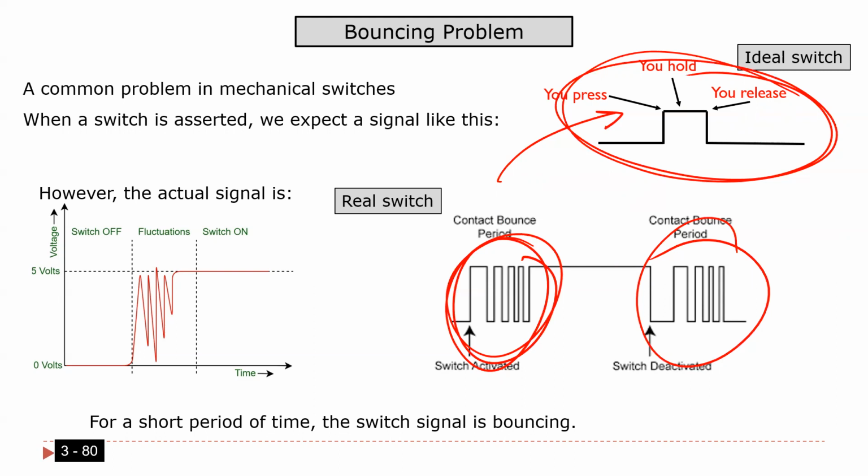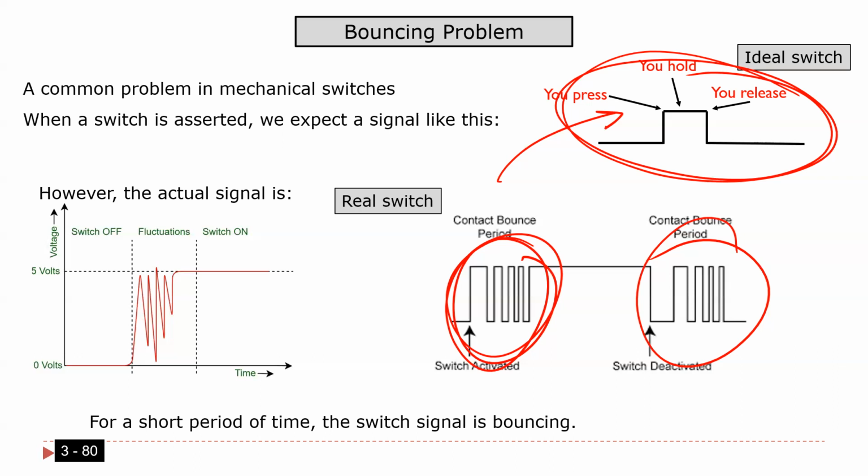Why? Because the switch is going to open, close, open, close, open, close. As I told you, when you open, 0 volt. When you close, 5 volt. Okay, so what happens, because you have a mechanical switch, and any mechanical switch has a spring. So what happens, the spring is going to make some kind of very quick